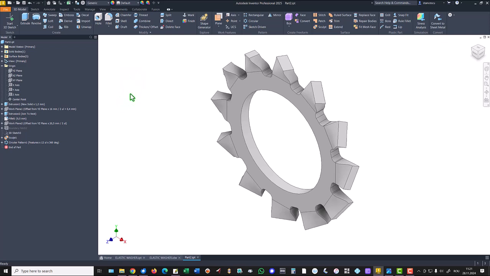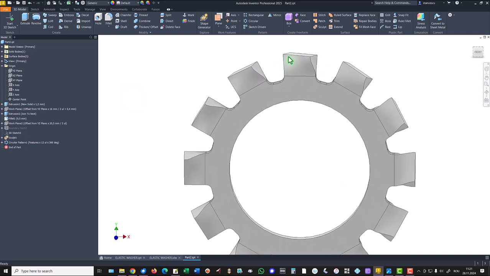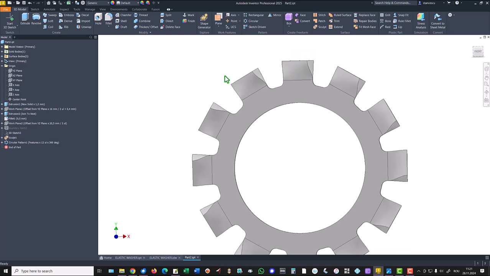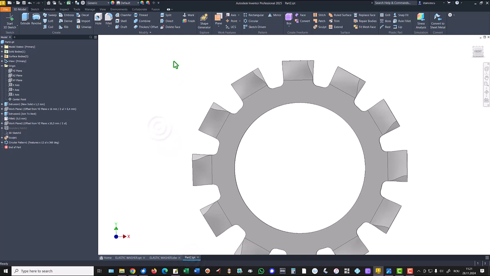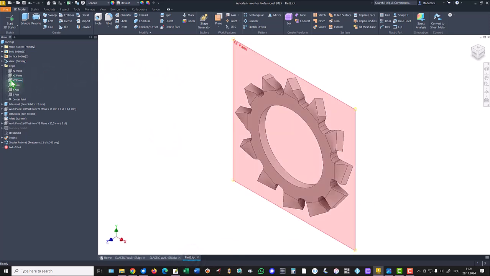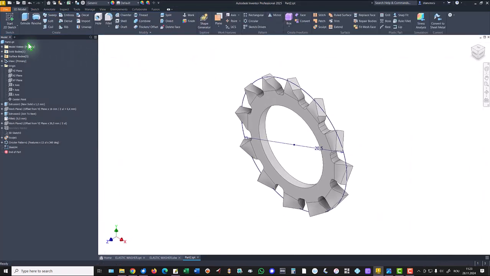Now you see they are flat. The ends are flat, and we see here a curve. What is the diameter? 20.5. We select this plane. We draw a circle with diameter of 20.5, and we apply extrude